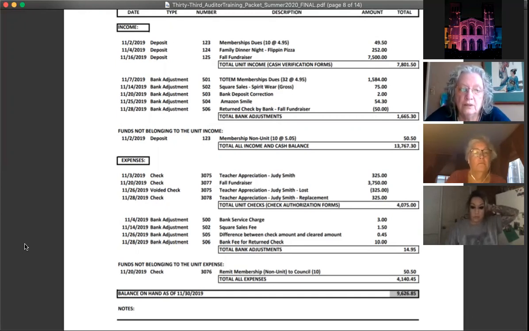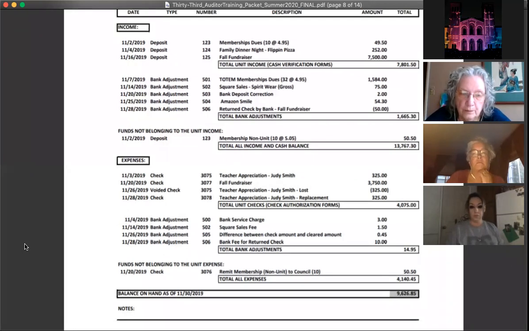So our 501 adjustment is for total membership, and then Square sales. And I want to make sure, or you want to make sure as the auditor, that for Square sales, the total gross income is posted. For example, this sale was $75. But they're going to see on their bank statement or on their Square sales report $73.50, for example. You want to make sure that they're posting the gross sale to income as $75,